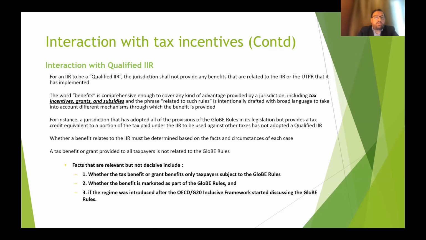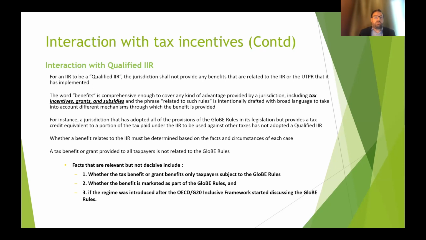that states a tax benefit or grant provided to all taxpayers and is not related to the GLOBE rules is still allowable if it's to 15%. The paragraph really reiterates the point that a factual assessment is critical as to whether a benefit is being provided, and notes the following, whether it's a qualified income inclusion rule, and I assume we don't know yet, a qualified domestic minimum top-up tax, an incentive may disqualify